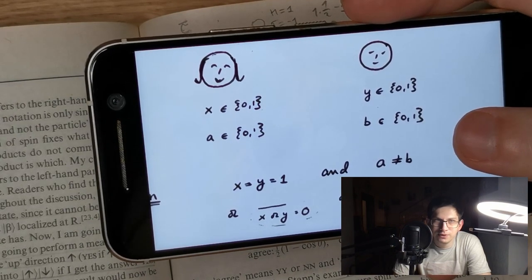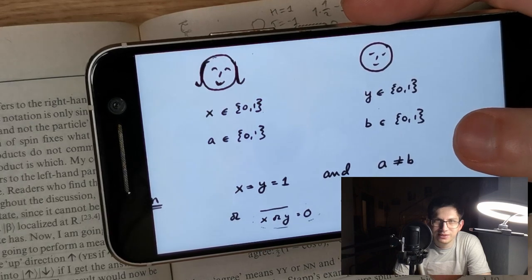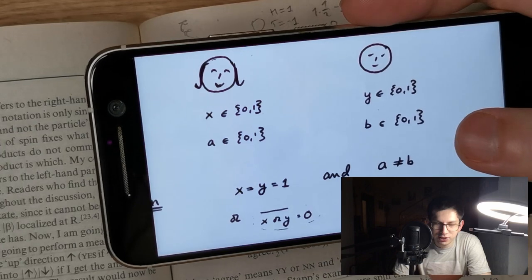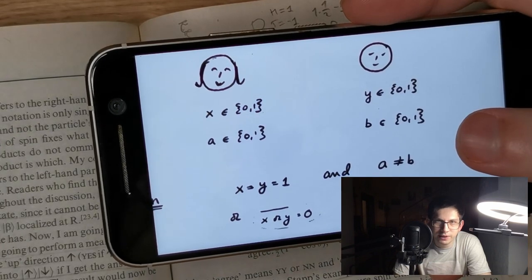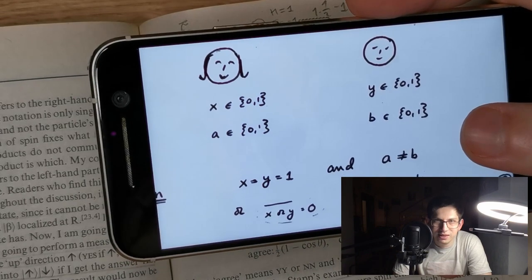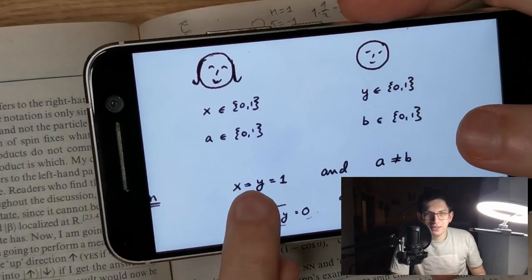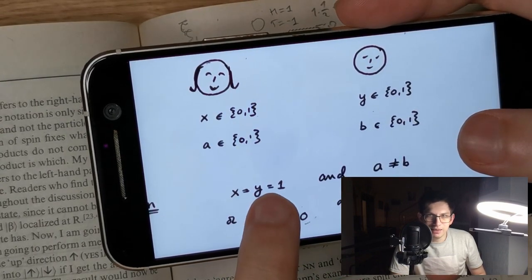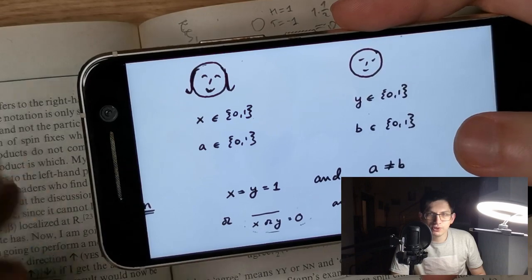So I play with you, for example, right? And you have a coin and I have a coin. I can just flip it and have 0 or 1. Those are our random inputs. Okay? And the rules of the game is if our inputs are the same and we both have